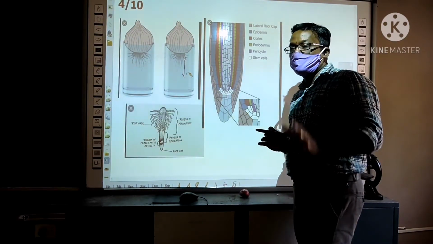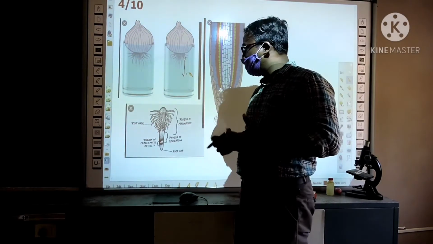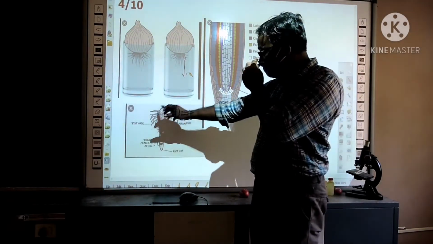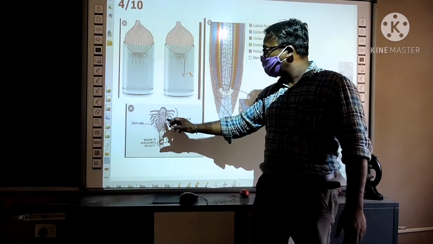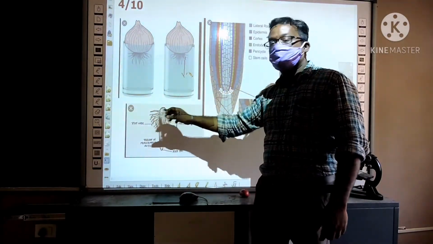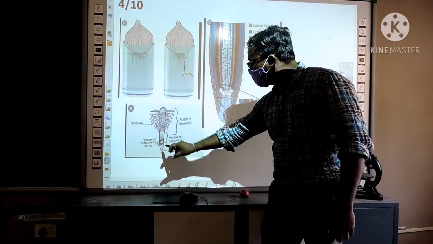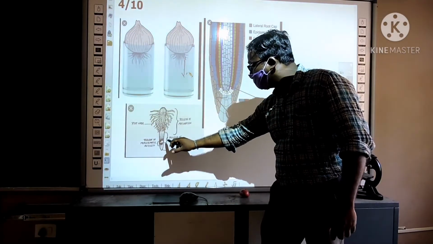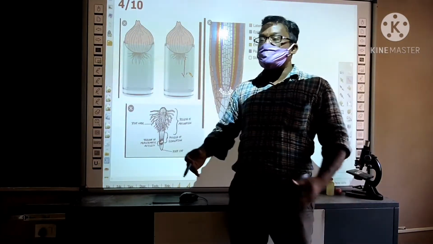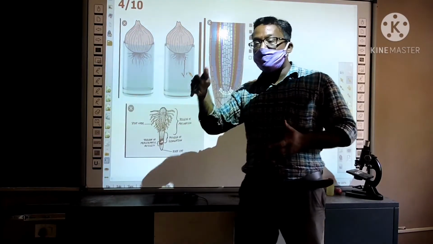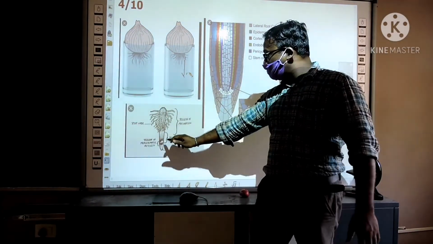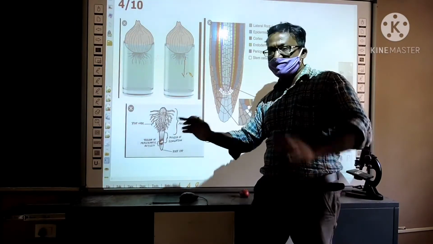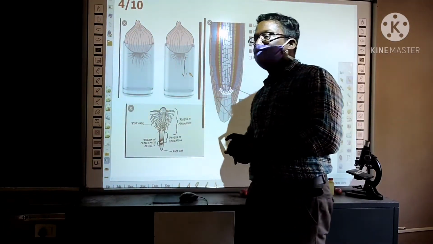So you know plants absorb water and minerals from roots. Here you can see the structure of the root tip. Above the root tip there are root hairs. This is the root tip. The root tip is covered with the root cap. This root cap enables the root to penetrate into the soil. Just above the root cap, you can observe a particular arrangement of cells in the root tip.